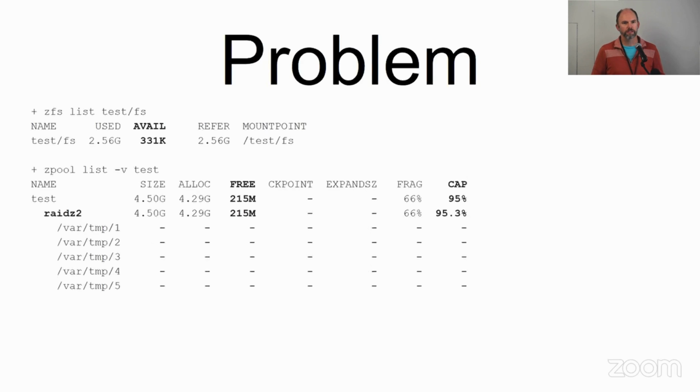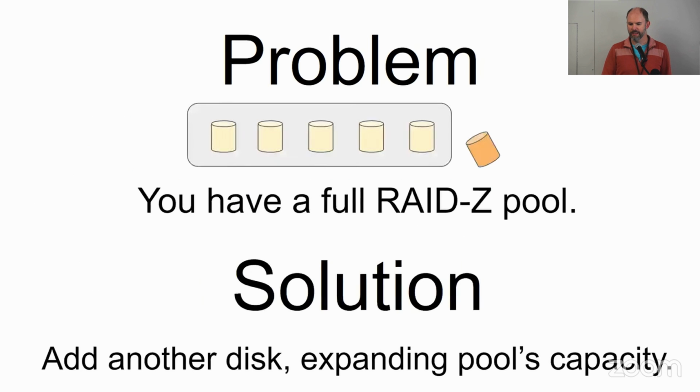Cool. All right. So has anyone had this problem or know someone who has this problem? You have a full pool. It's all used. You're using RaidZ. What do you do? Well, what you would like to do, your proposed solution, is to add another disk and expand the pool's capacity. But until now, you haven't been able to do that because you have to add entire RaidZ groups at a